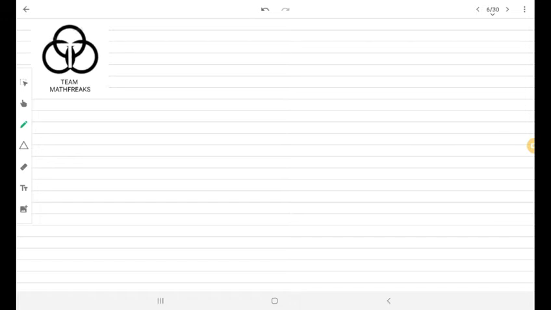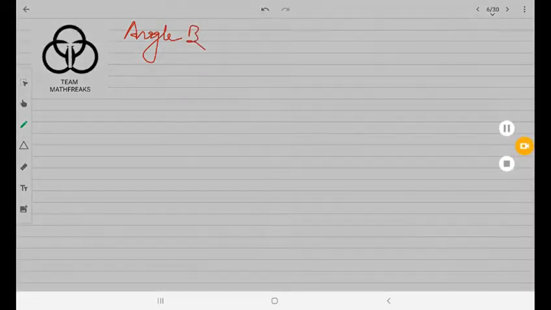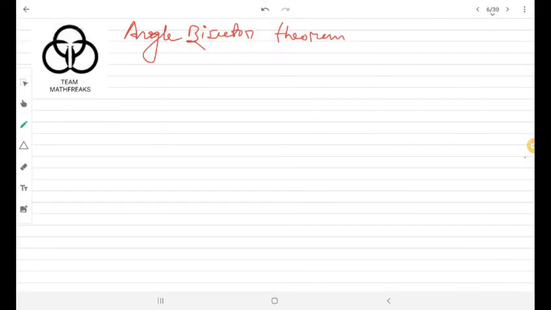A very common theorem whenever we are studying similarity of triangles that we need to remember is the angle bisector theorem. It is one of the most common theorems. Whenever we are learning similarity, we should go for this. In NCERT class 10 also this is there. Prove that